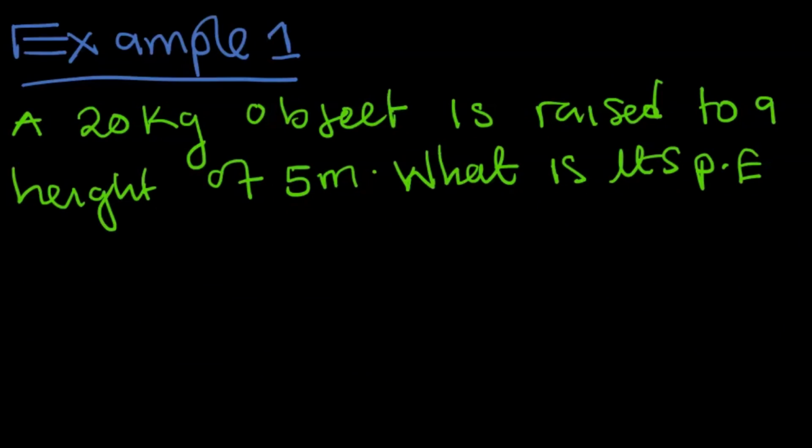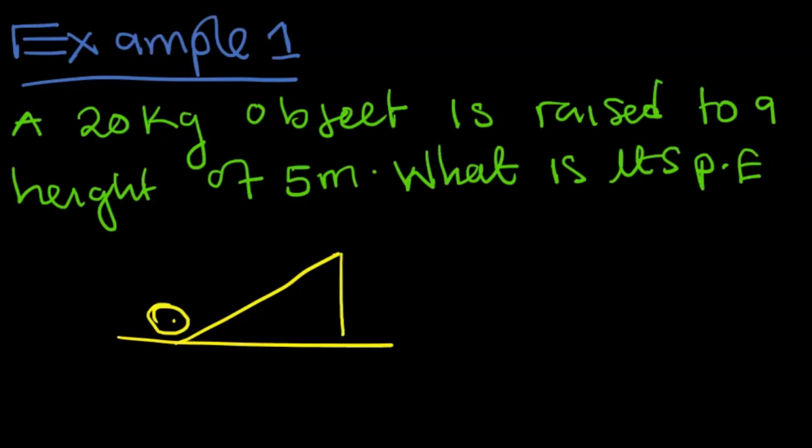So here is an example. A 20 kg object is raised to a height of 5 meters. What is its potential energy? So we have an object. If we are to draw a diagram, it's like this. Let us say an object is on the ground. Okay, it's on the ground here, and is raised to a height. This is the height